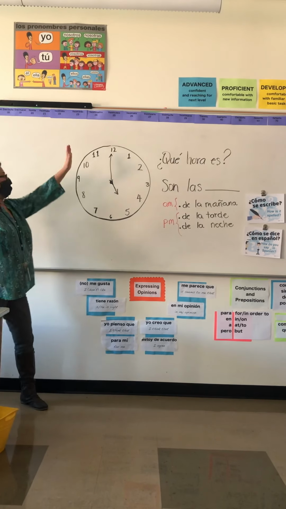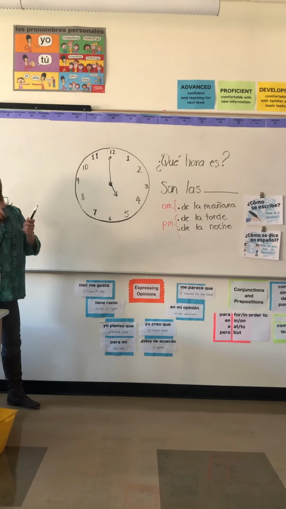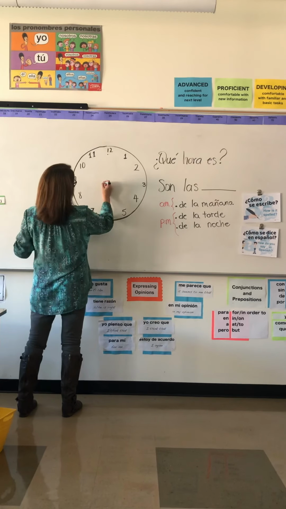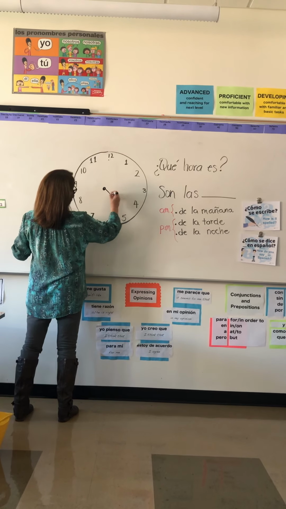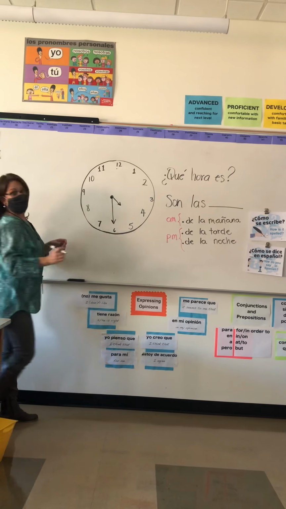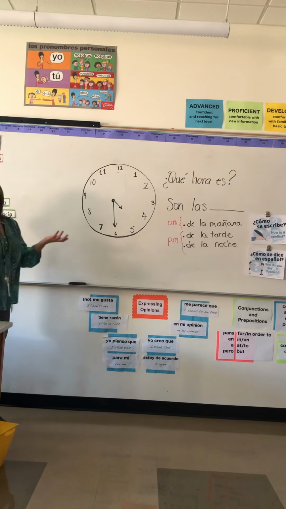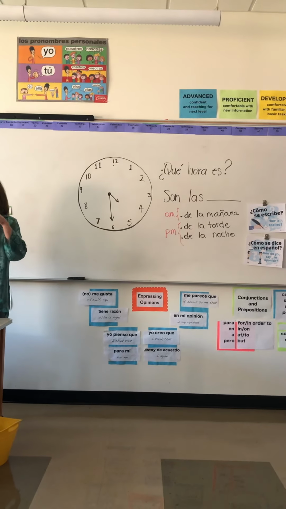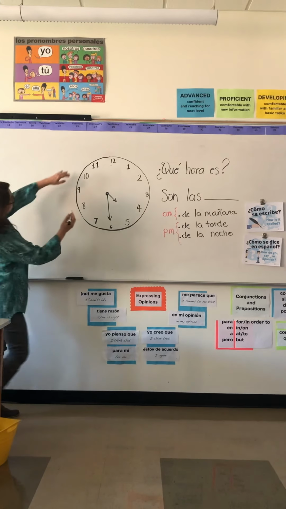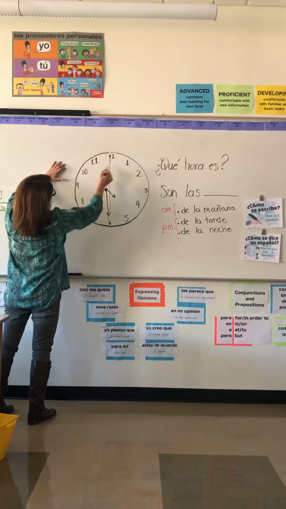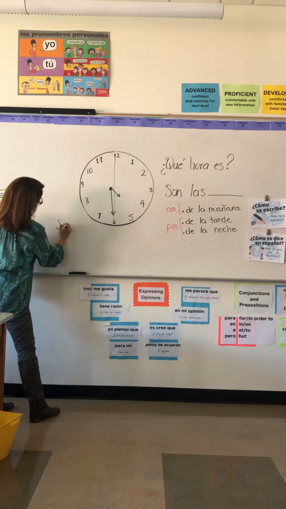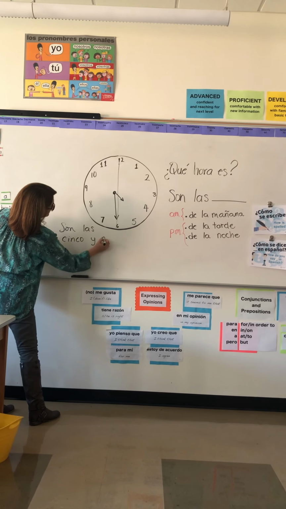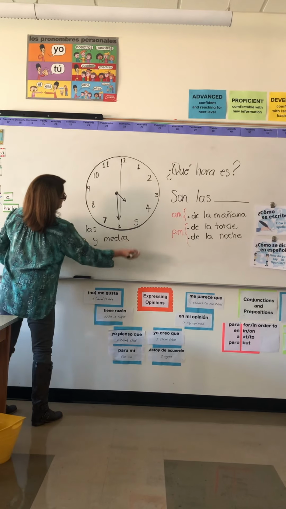Okay. So that's easy, right? If I want to know what time it is, if it's an exact hour. What if it's like half hour past that? So if I wanted to say 5:30, so it would be 5, and then 30 is on the 6th. To say 30, we could say the number 30. Let me take this off so you can see. Or you can say y media. Media is like half. Because see how this is like half of the circle? So it would be son las 5 y media. And then I would put de la tarde.